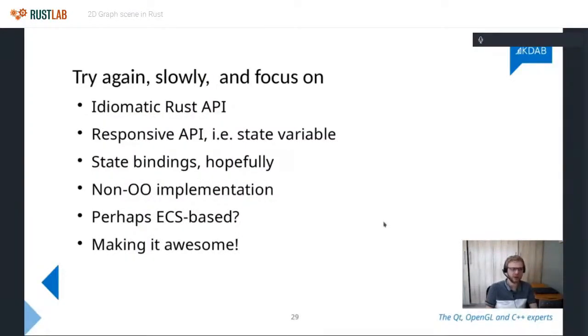So I think the absolute main shortcoming of what I have right now is just the API. As I alluded to earlier, it's a really ugly, really imperative API. We need to come up with something nice. Specifically, I'd like something like the modern frameworks like React.js or Flutter, which are responsive.